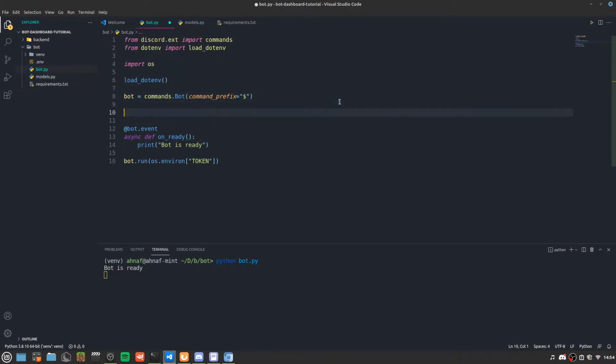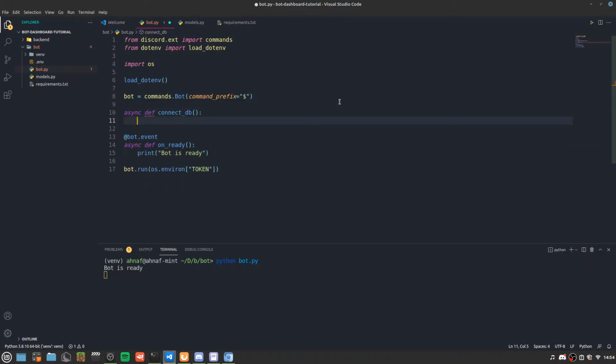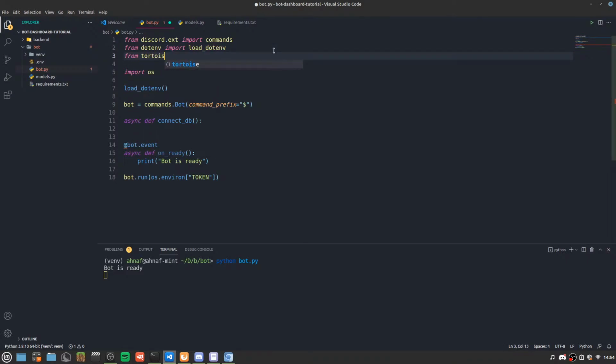So let us actually create a function, connect_db. So this is going to be an async function, and we're going to call this function when the bot is online, like in the on_ready function. So I'm going to import Tortoise from here. So from tortoise import Tortoise. And I want to use await